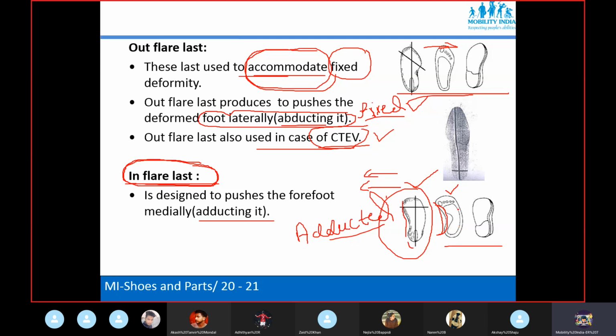But if this adducted foot is flexible, then what type of shoe last do you need? If this deformity is flexible, adducted foot, then what type of shoe last? Anyone?